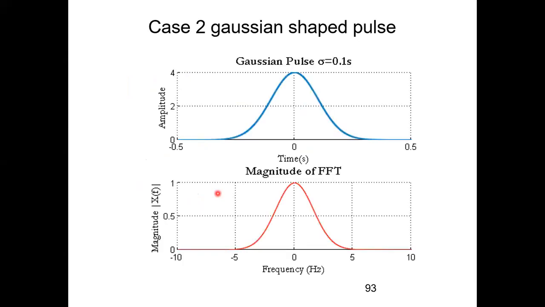The second case is your Gaussian shaped pulse. Just before the lecture I took a Gaussian shape from one of the Google images. Don't look at the FFT. Suppose you consider this lower one, so that I get a proper shape and it doesn't look like a sine wave. It's a Gaussian shaped pulse. Don't consider any of the other things.